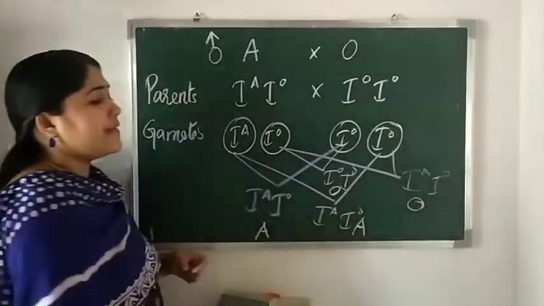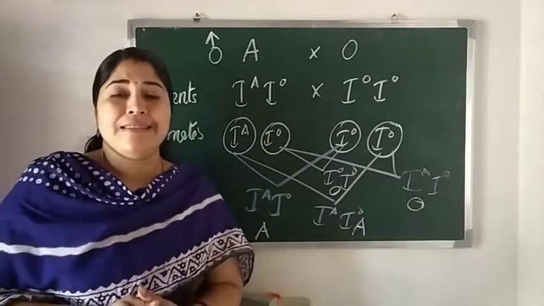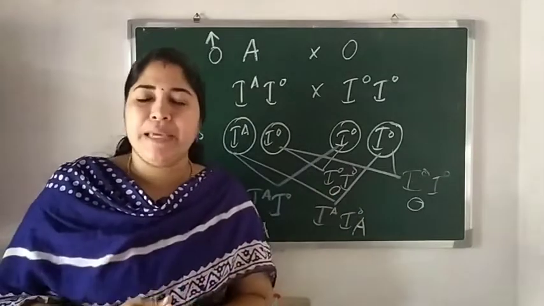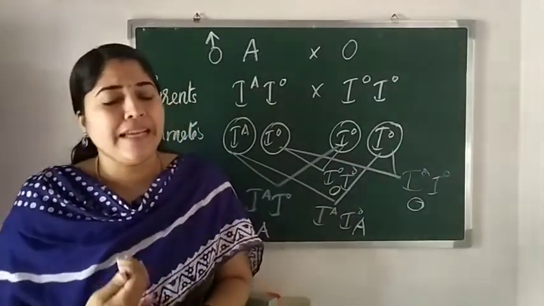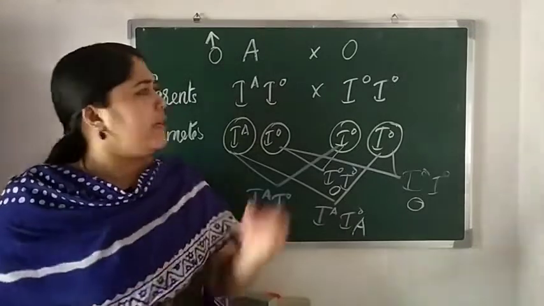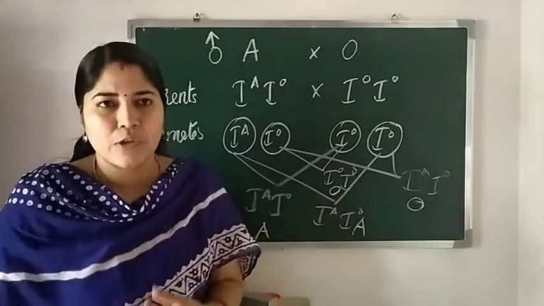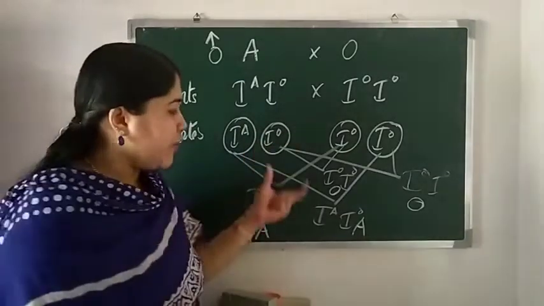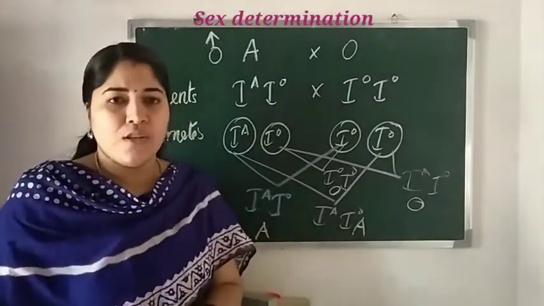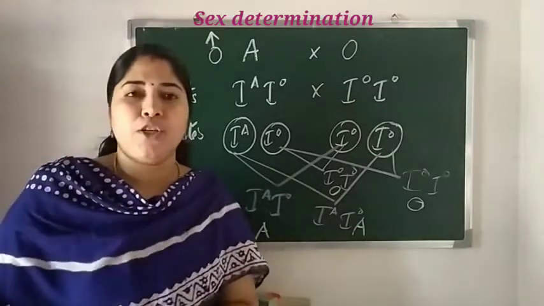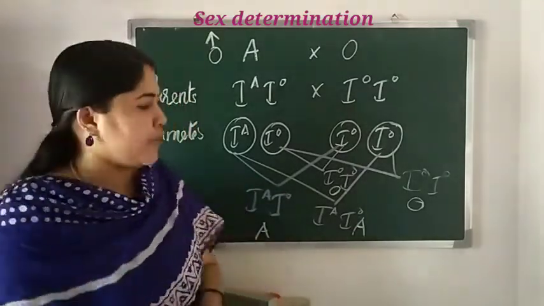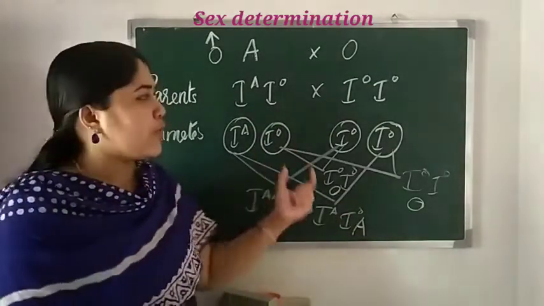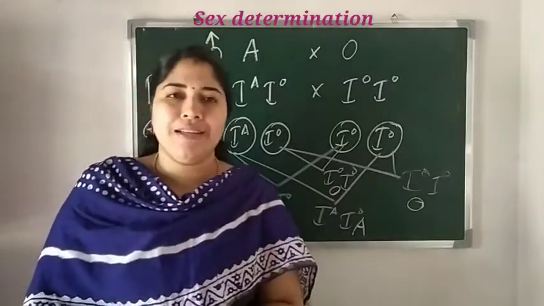So the result that we are getting here can be either A or O. The child, or the baby, will be receiving either blood group A or blood group O. From here itself, we get an idea which blood group the baby will have, but we have to work out the problem and find the result. So the chance of getting blood group A is 50%, and the chance of getting blood group O is also 50%. In this way, the blood group of the child is formed.